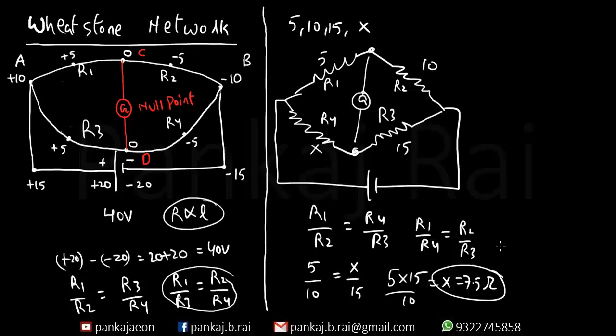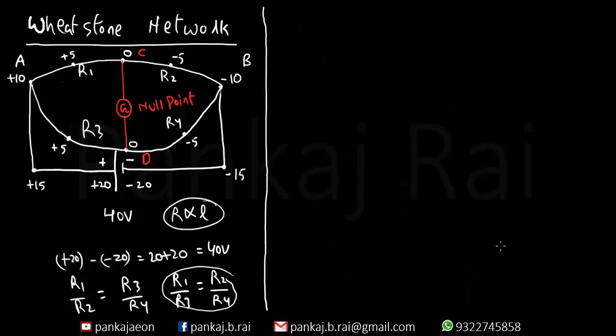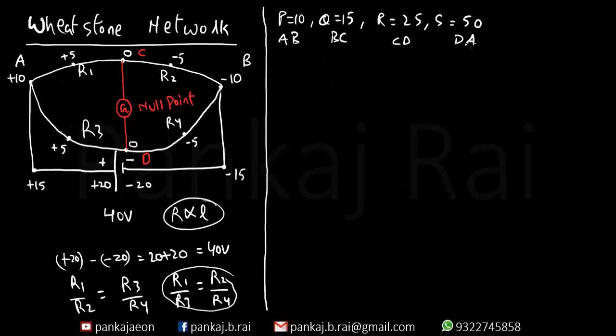Let me take one more very special solved example of your book. Now this is a very interesting numerical. What we have been given is that there are 4 resistors which are, let's say, P 10, Q 15, R 25, and S, which is 50. And they are connected in series in the arms, which are AB, BC, CD, and DA respectively of a